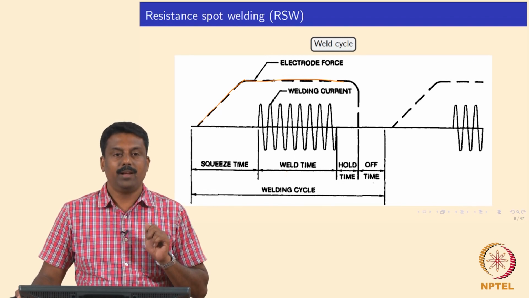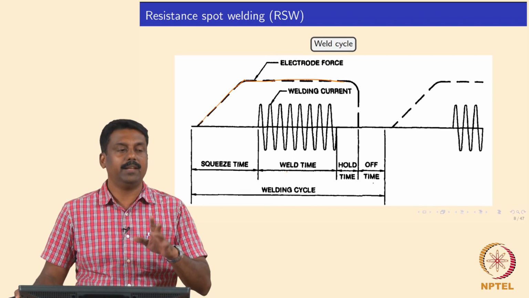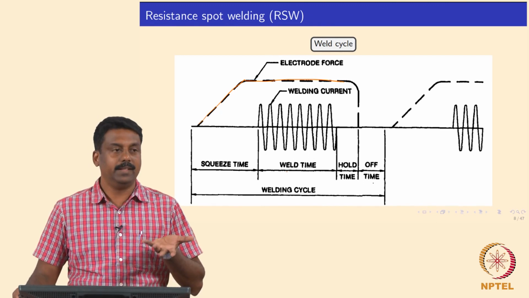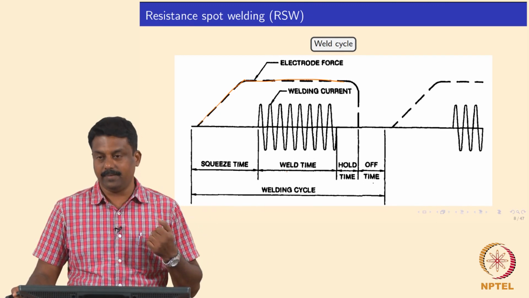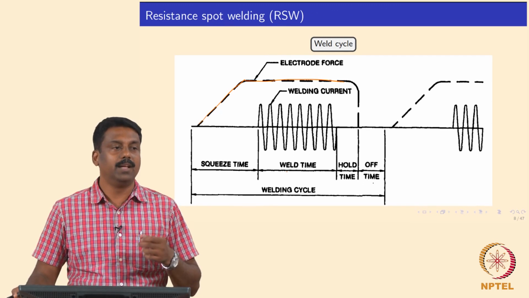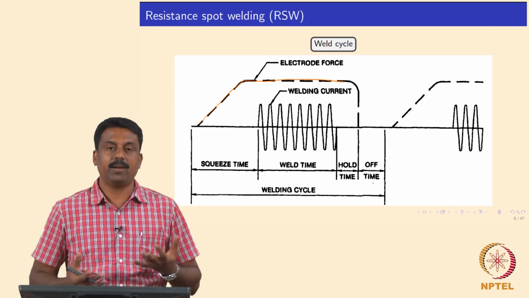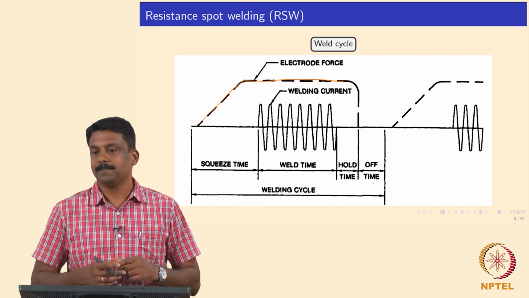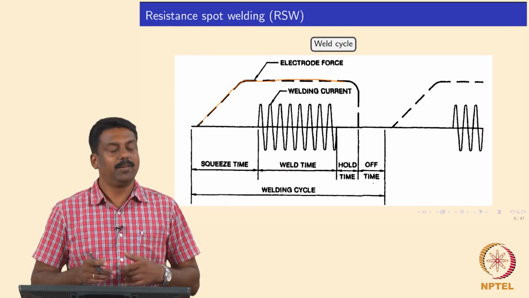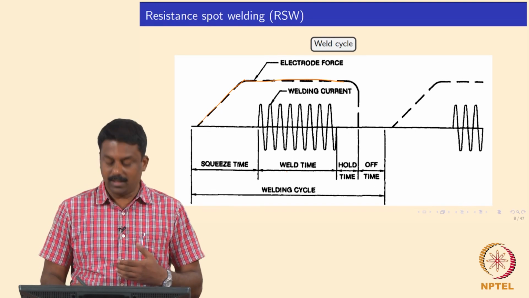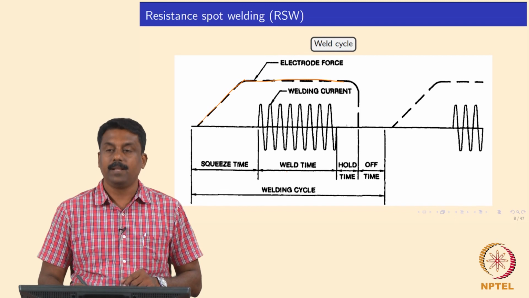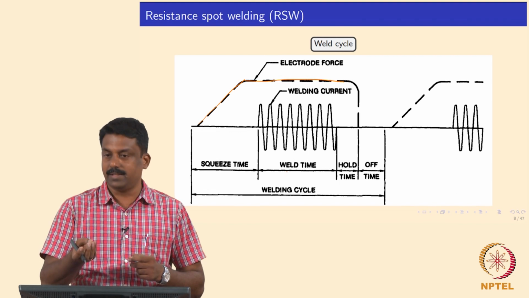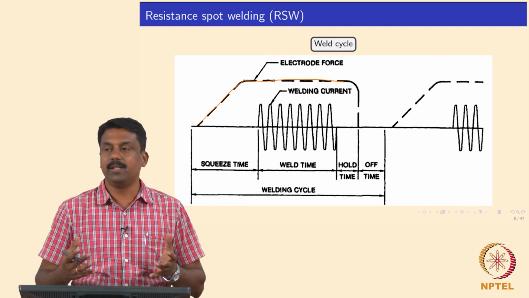For example, you know that some alloys, say for example highly alloyed steel, you will end up getting only martensite upon cooling, because the cooling rate here, as I said, can go thousands of kelvins per second. So, it is very difficult to achieve other than martensite microstructure during welding. So, we may have to do a tempering treatment, right. So, what do we do? We do a second pulsing or a post pulsing upon welding time, so that you cool to room temperature and then subsequently you add an additional pulse, so that the martensite in the weld zone is getting tempered.